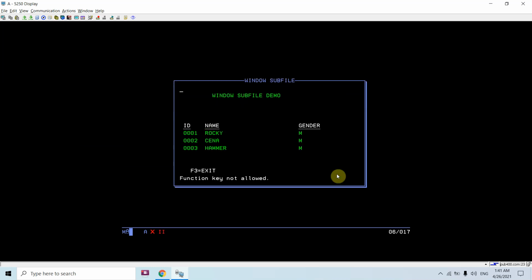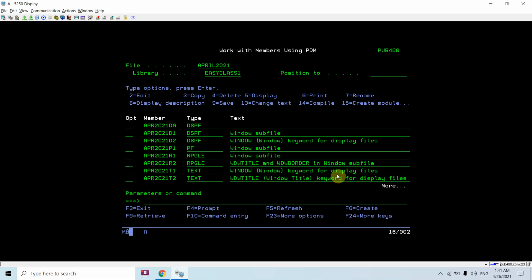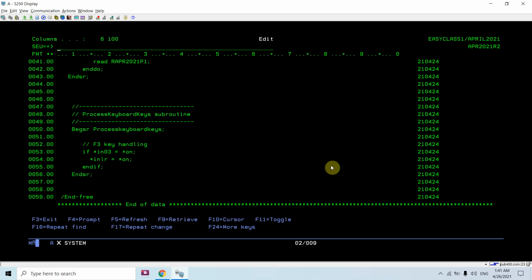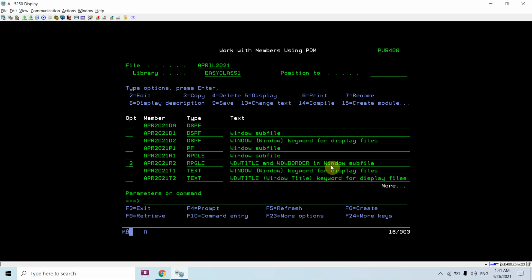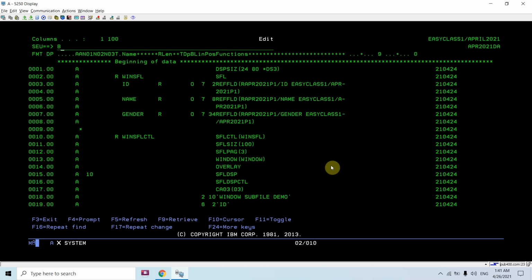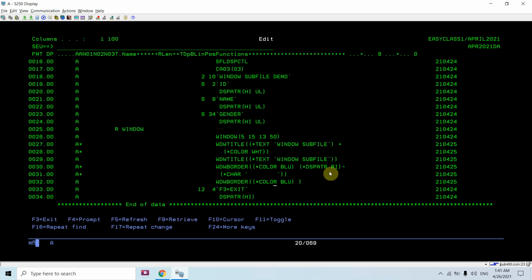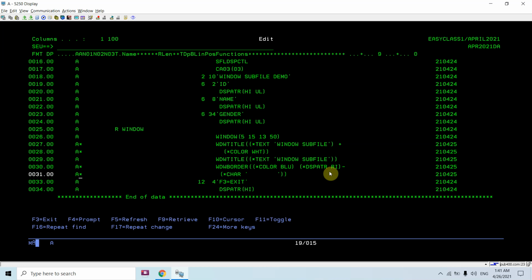Let's see, the reverse image is removed from that. Now, yes, we can specify the characters here.